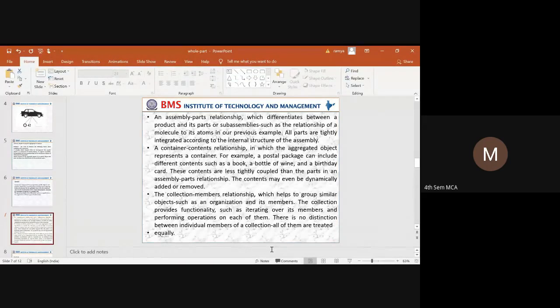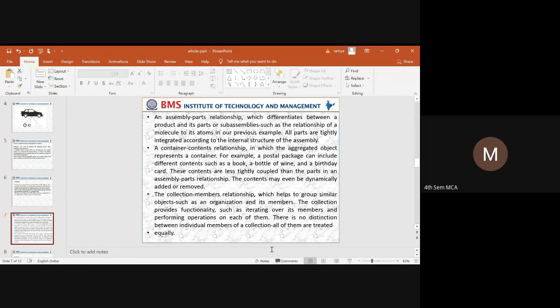And next is the container contents relationship. When you say container contents relationship, each and every object will be taken as a container. For example, if you take a book as a container, what does the book contain? The book is made up of different pages, where the pages are taken as the contents.